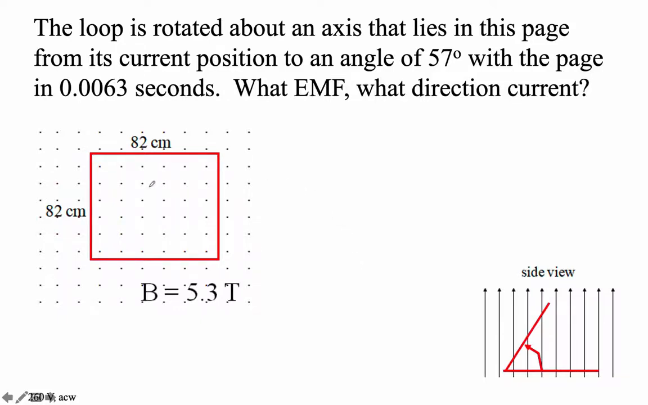Okay, so here's this loop, and it starts out flat with the page, right? This is a side view here, and somebody rotates it up like that. So I think we can all agree that the flux is decreasing, yeah? Okay, it starts off with an angle of 0 and ends up with an angle of, well, let's figure that